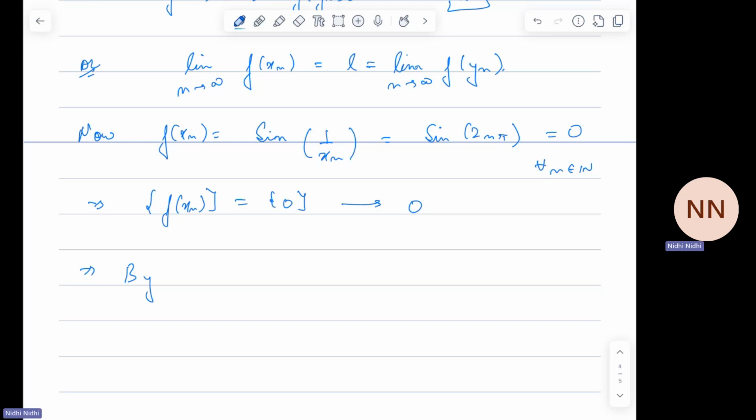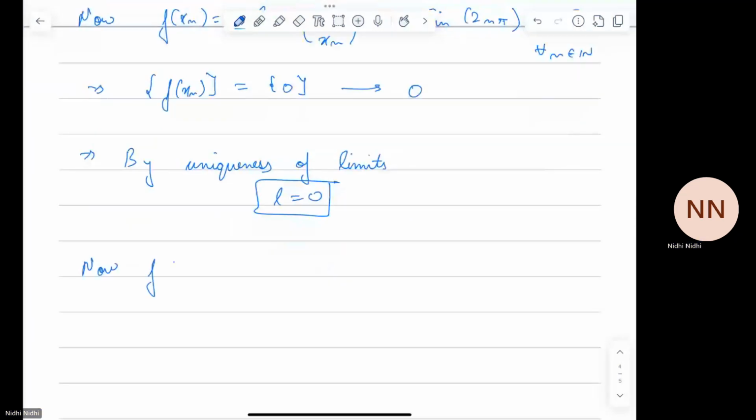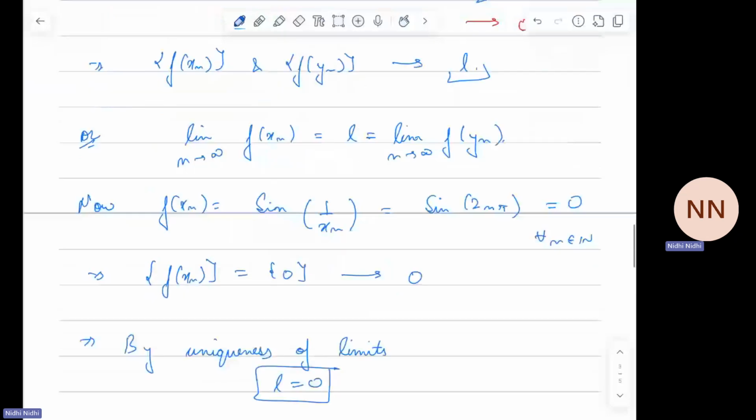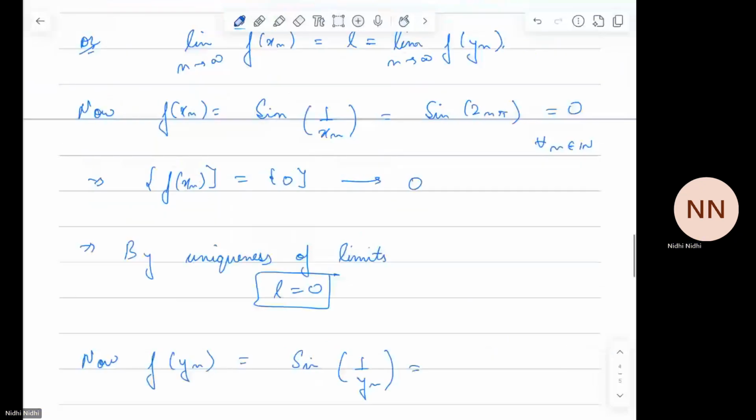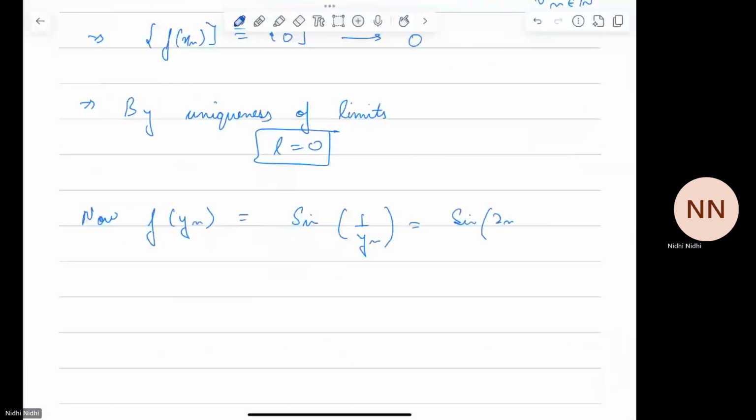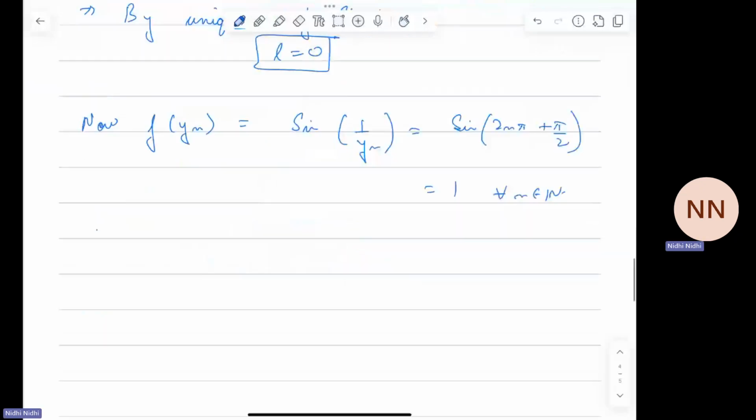Now, let us look at f(y_n). f(y_n) is equal to sin(1/y_n). And since y_n was 1 upon 2n pi plus pi by 2, this will be sin(2n pi plus pi by 2). So this is always 1. This implies f(y_n) converges to 1 because this is again a constant sequence. If I mark this as equation 1,